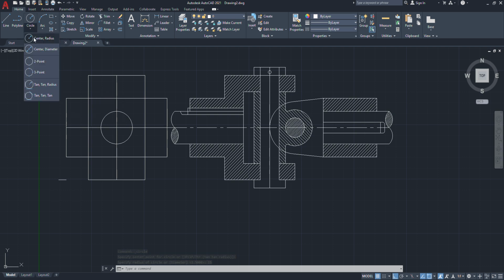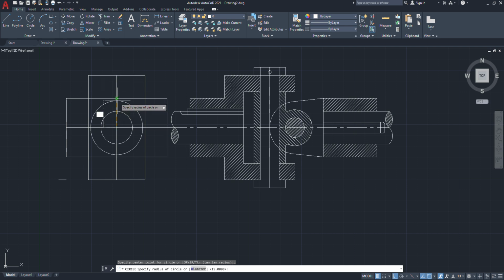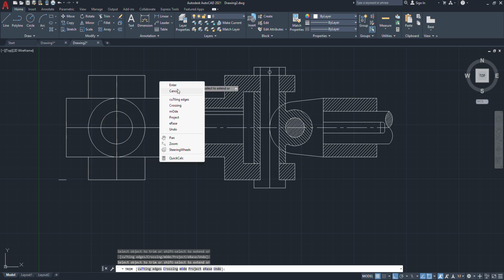Okay, circle of this much diameter. Now we'll just trim these two lines, trim this line and this line and this line and this line, and again we will draw the same line